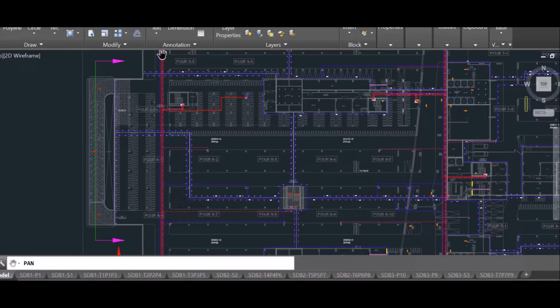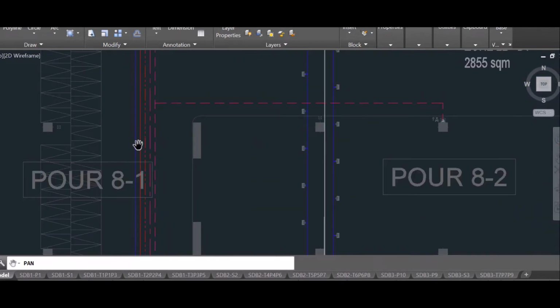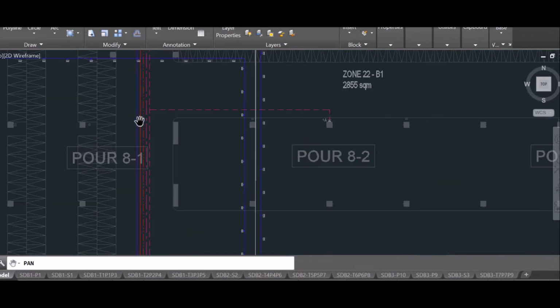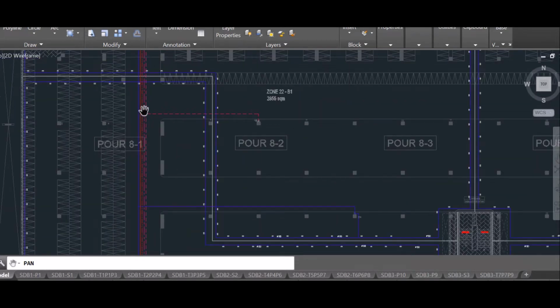Where my cursor is moving, this is the main piping, the water main. Here the main water ring is installed at the basement ceiling level. At the rightmost, the two lines denote the sprinkler main ring, the middle two are the hydrant main ring, and the leftmost blue line denotes the water curtain main ring. These main rings are installed throughout the